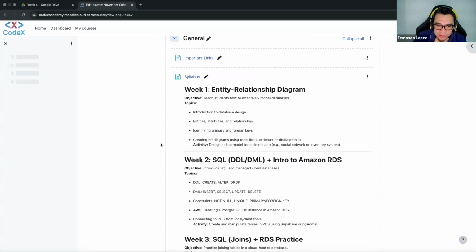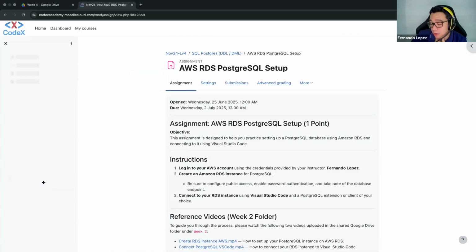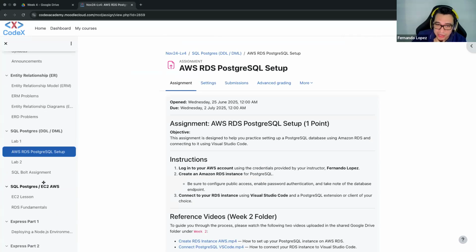So it is very important that you do this assignment. You need to have your own RDS for this part of the week. From now on, if you don't have your RDS created, there will be a problem. I noticed that there's one instance that is in a different region than the other students have. Okay, so I left that message in our chat.